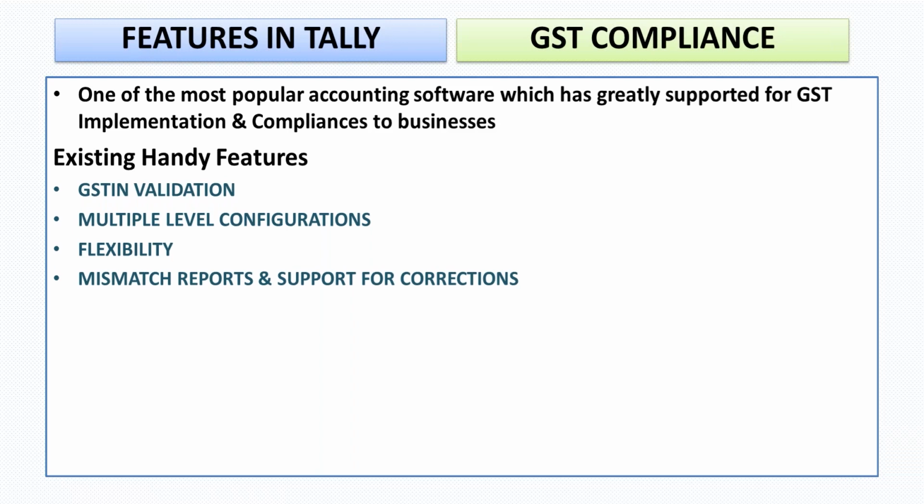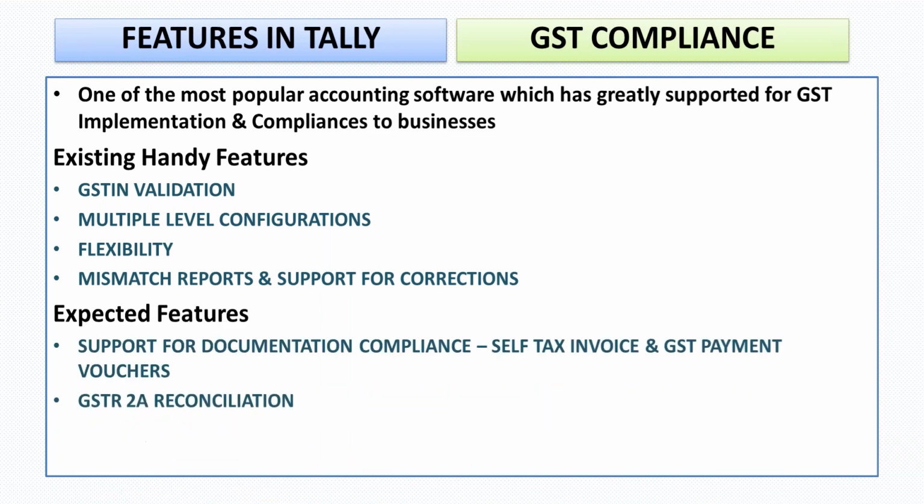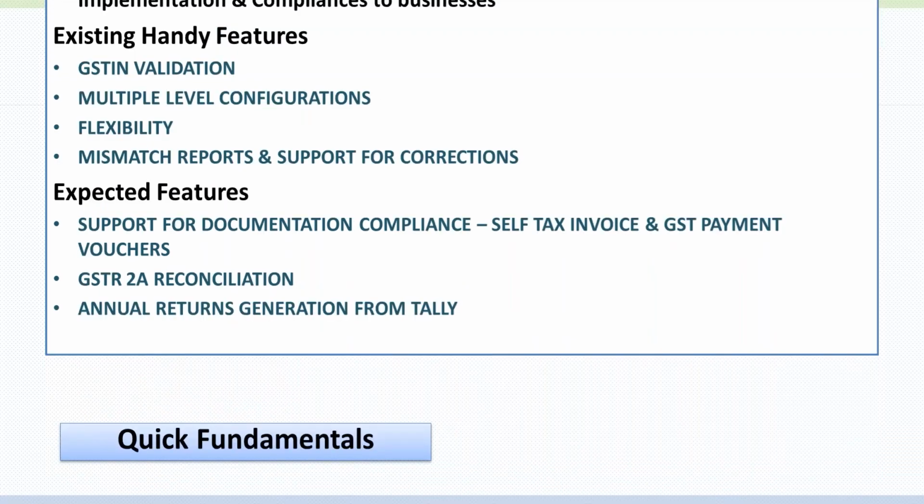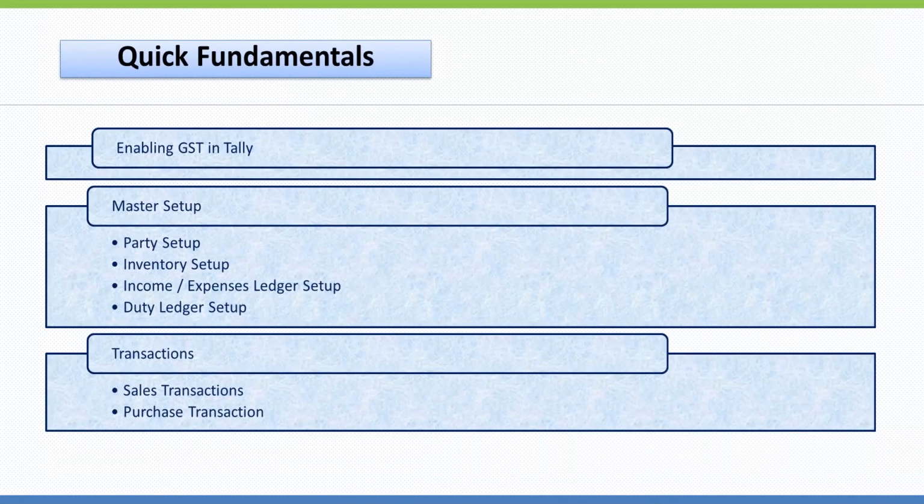And even if I want to override it for a particular transaction, data entry or accounting per se should not get impacted. That flexibility is offered, and it will also generate the mismatch report and mismatch summary, so that we know which particular transactions to focus on, and clear off those mismatches, so that we can go ahead with the return filing smoothly. Of course, there is some more support which can be expected from Tally, maybe in the next coming versions, which will help the professionals in a much better manner.